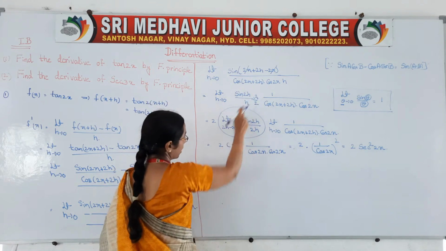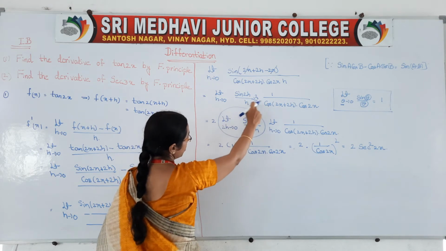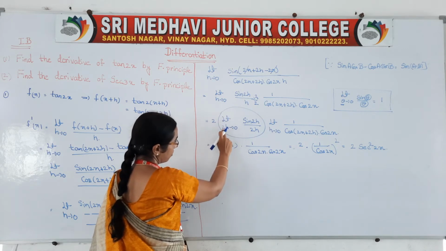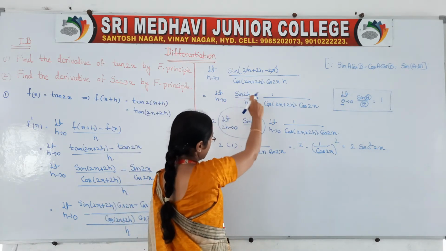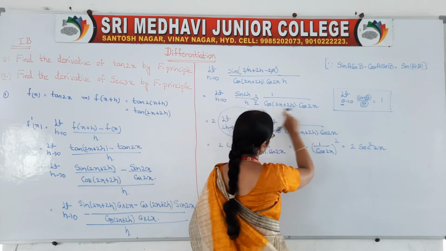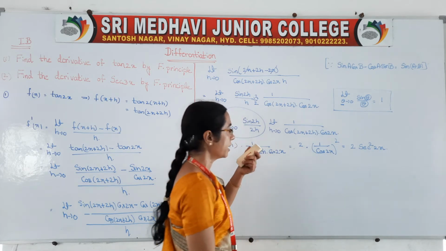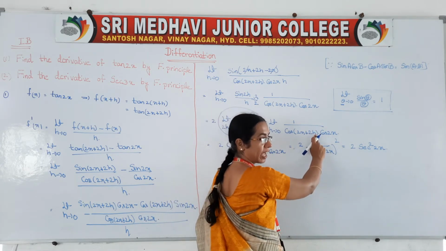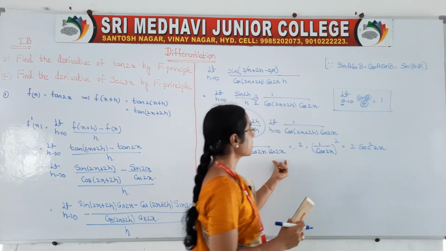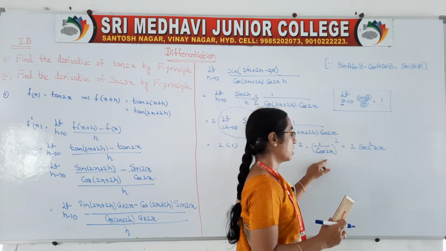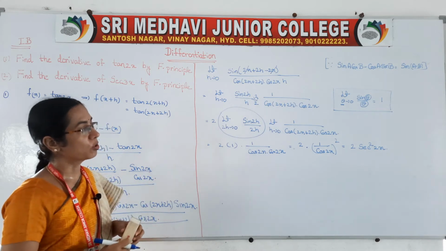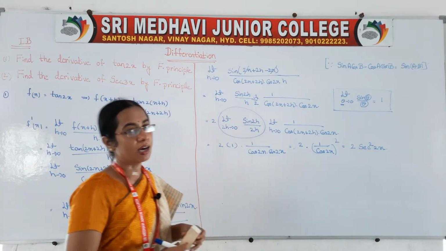After that, this 2 can be taken outside and this 2h is taken here, right. This 2 is taken outside: limit 2h tends to 0 sin 2h by 2h. And limit h tends to 0, here also we can take the limit value in place of h. So that becomes 2x plus 0, 2x. So cos 2x, cos 2x. 2 into 1 by cos 2x. 1 by cos is a secant, right? So the square is there, that's why 2 secant square 2x is the answer.